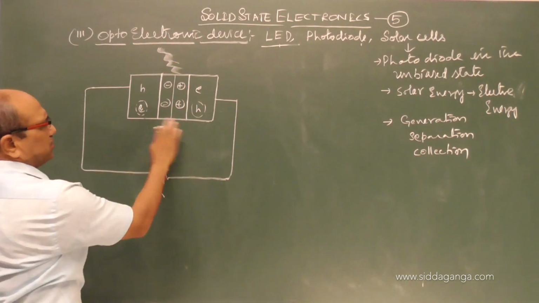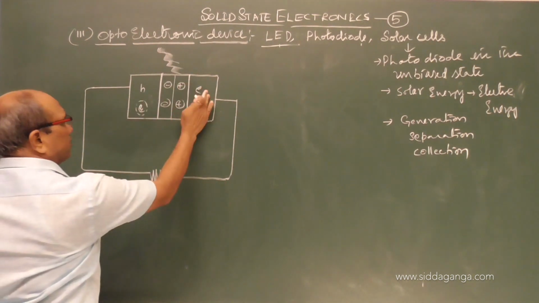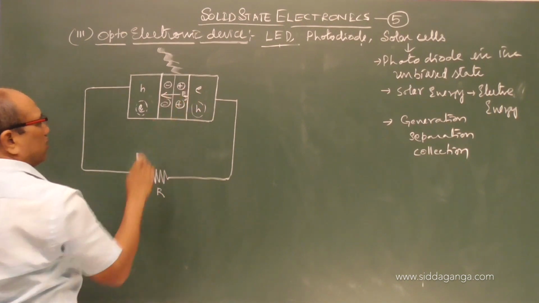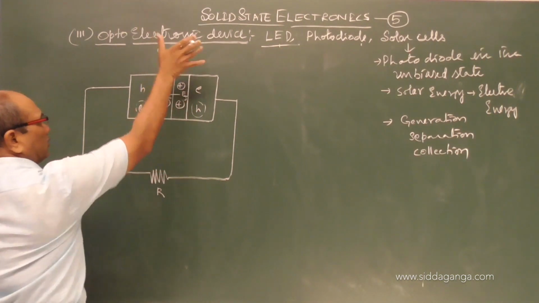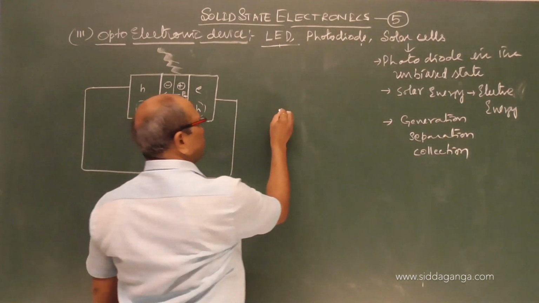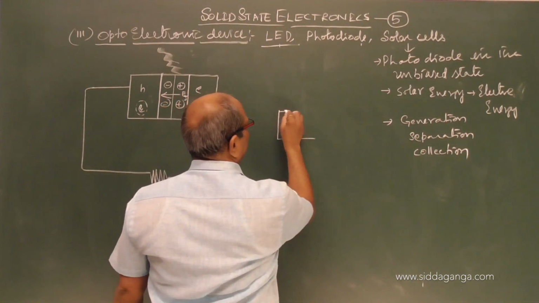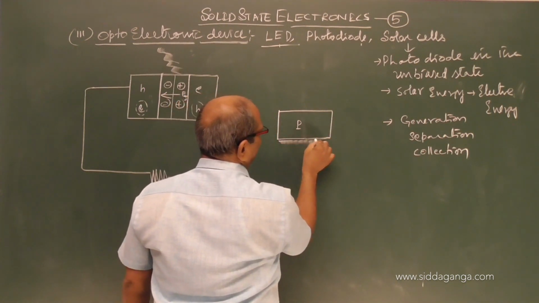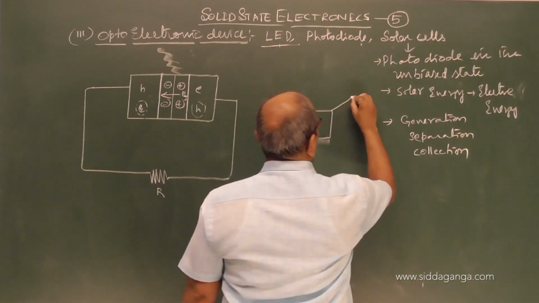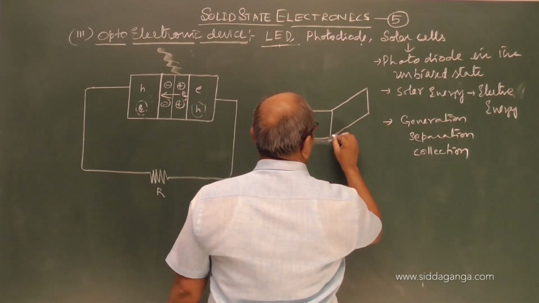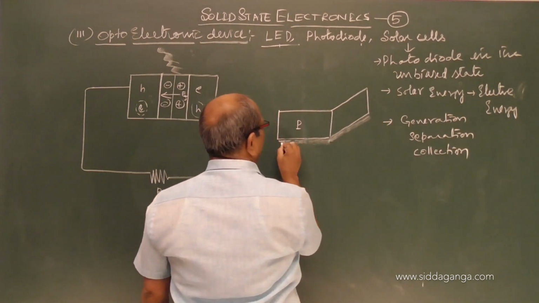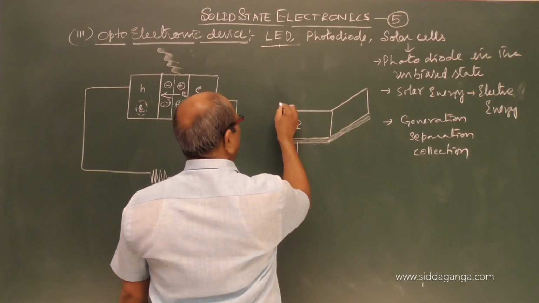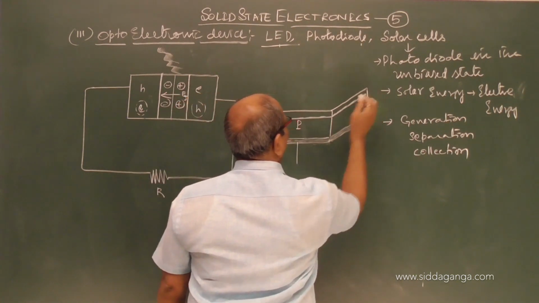So what happens now? It is under equilibrium: hole concentration, electron concentration and depletion layer. There is an electric field at the junction. Everything is intact unless the radiation is incident. In the actual construction, there is a thick layer of the P region constructed on a copper base. This copper base is a highly conducting material to which the connection can be made, and above that there is a layer called the N layer.